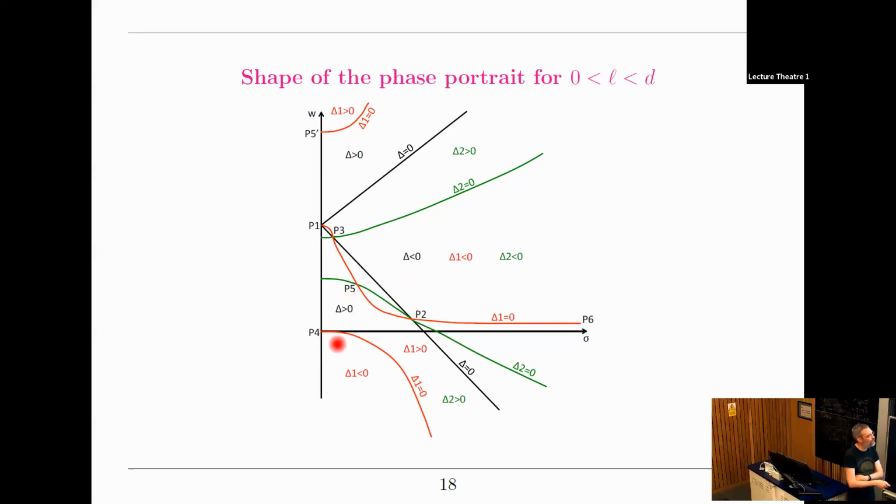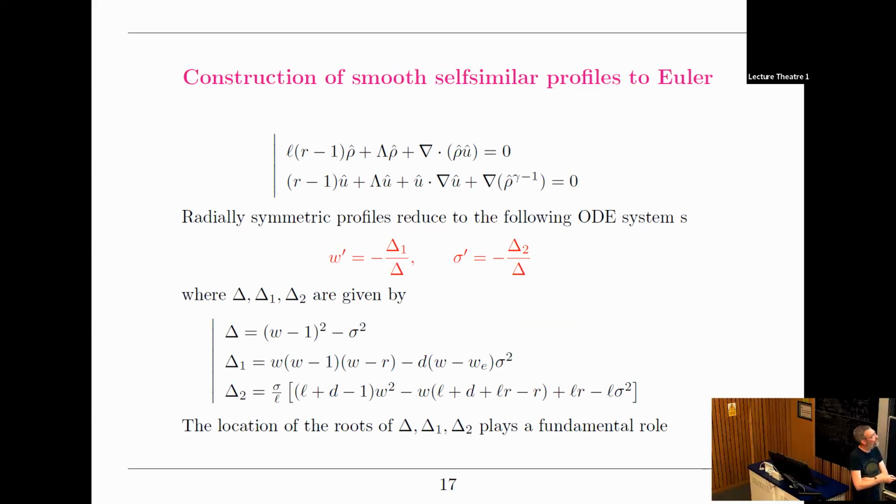Okay, so in other words, if I want a radial solution that converges to 0 at infinity, then I want to connect P6 to P4, and I want to connect it in a smooth way. And of course, the bad news is that when I go from P6 to P4, I have to cross the sonic line. Okay, so this is what I was saying about generic solutions. Generically, you will cross the sonic line and get a shock simply because your derivative has delta in the denominator. But of course, what you can do, on the other hand, is try to cross it where delta 1 and delta 2 also vanish.